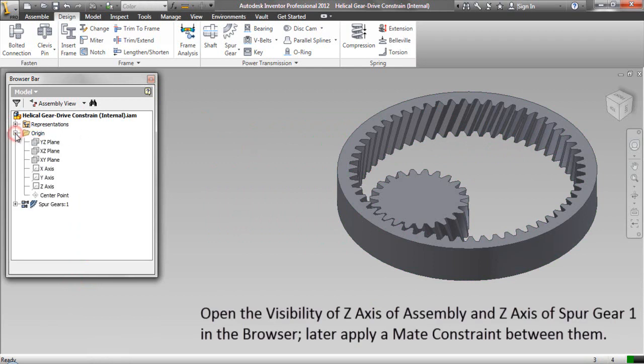Open the visibility of Z-axis of assembly and Z-axis of spur gear 1 in the browser. Later, apply a mate constraint between them.